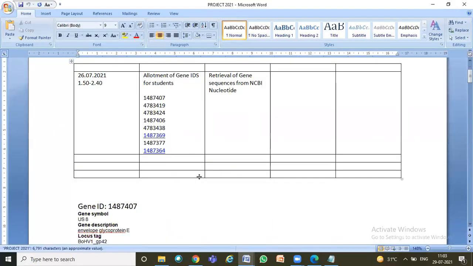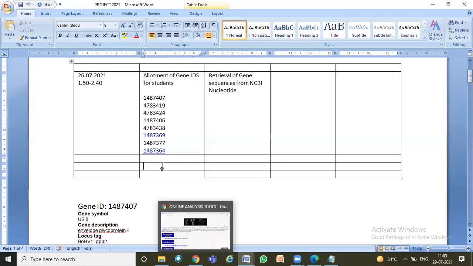These are all the IDs. I think the screen is shared. Is the screen shared? These are all the IDs I have given you. So can you tell me, Swarna, which ID you have taken? Let me check what you are doing. Can you tell me your ID? Swarna, are you there? Yes, ma'am. Yeah, tell me your ID.